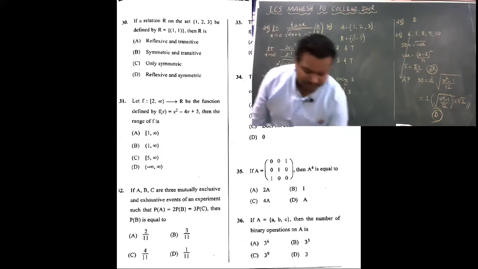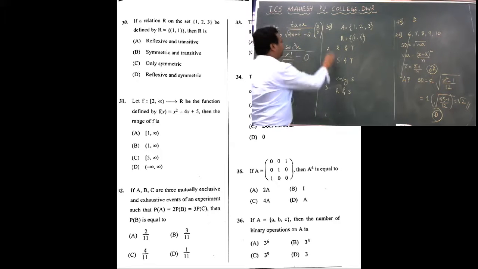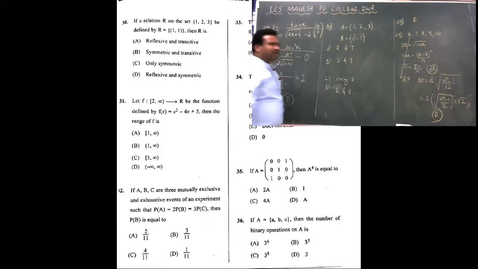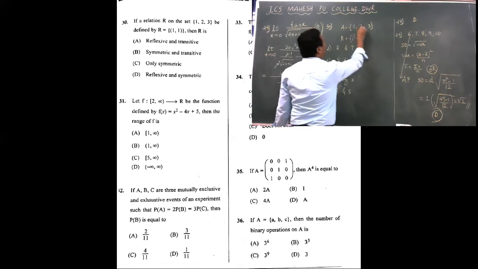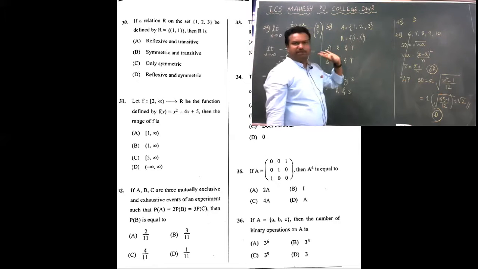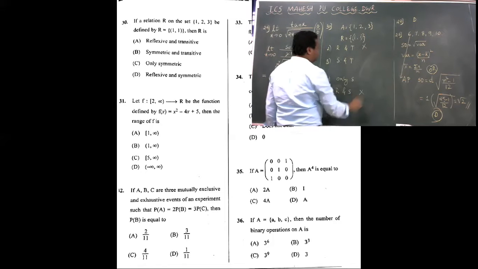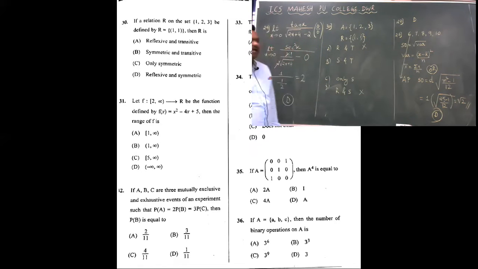I would like to discuss more on this question, which is an important concept. Here I am explaining why we are not considering option A, option B, option C, or option D, whichever is other than the right answer. Let's consider first, set A has 1, 2, 3. For reflexive, the minimum elements needed are 1, 1, 2, 2, and 3, 3. Here we only have 1, 1. So definitely this is not reflexive. Hence, option A and option D are eliminated.